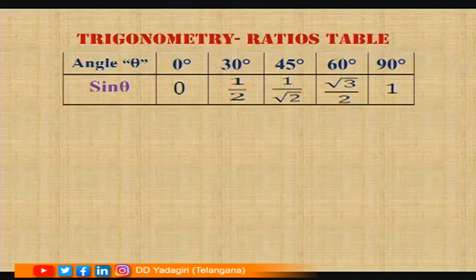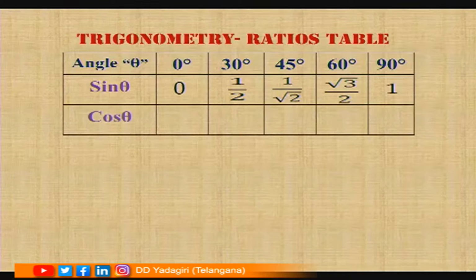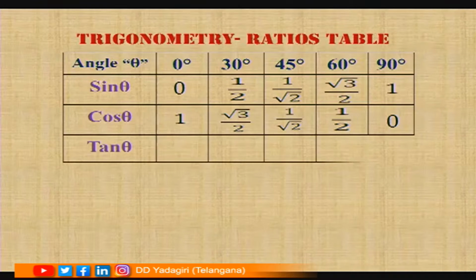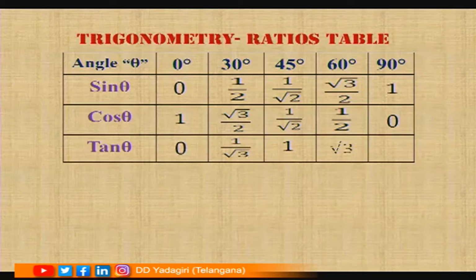is 1. Similarly, when you come to cos, you will find all the ratios getting reversed. So, cos 0 is 1, 30 is root 3 by 2, 45 is 1 by root 2, 60 degrees is 1 by 2, 90 is 0. Now, come to tan, it is always sin by cos. So, you will be able to see here tan 0 is 0 and tan 30 is 1 by root 3, tan 45 is 1,